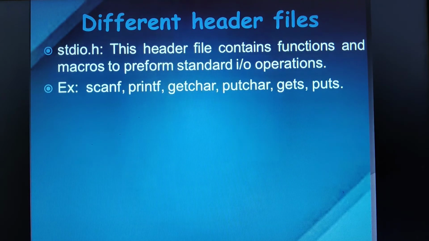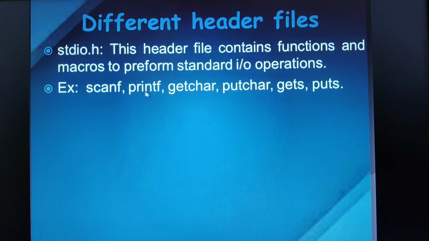Similarly, the puts function is used to display or write more than a single character, that is, a string, onto your output screen. What is a string? A string is a sequence of characters enclosed under double quotes. Suppose you want to print the word computer or the words C++ programming language, then it is a string because it is a sequence of characters. In that case, you can go for the puts function.